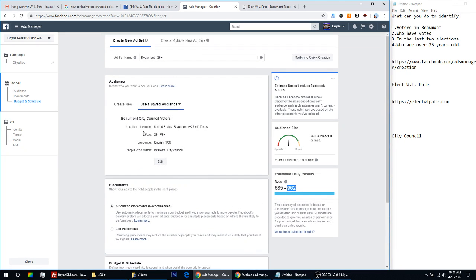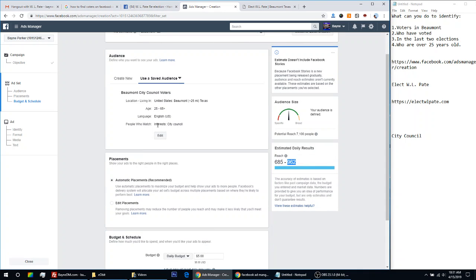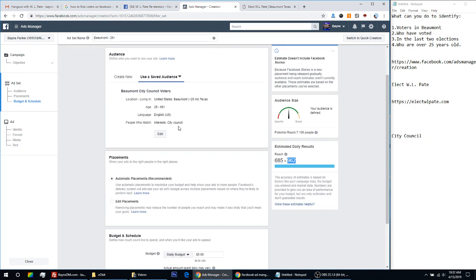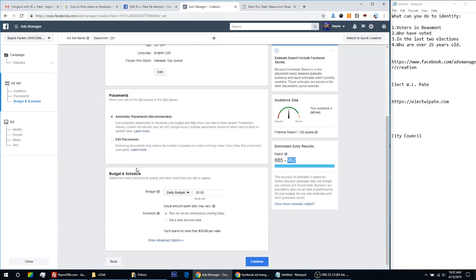So 25 to 65, they will not go outside of that guideline, and it's going to only be people whose interests are city council. Now you on your end can type any other keyword when you click edit, and you can type in anything else that you feel somebody interested in what you're doing would do, but we can't find people who've previously voted, but we can find people who are just merely interested in city council. Alright, so